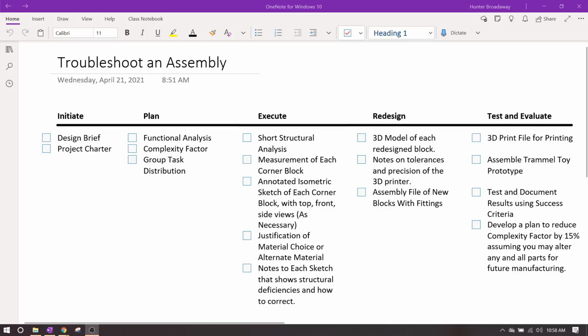All right, ID, we're going to be talking about activity 4.2.1, which is troubleshoot and assembly. And this is going to be the test and evaluate part of our project that we're doing. And I'm specifically aiming this towards virtual students. If you're in class, you're going to have to submit to me all of the checkboxes that are going to